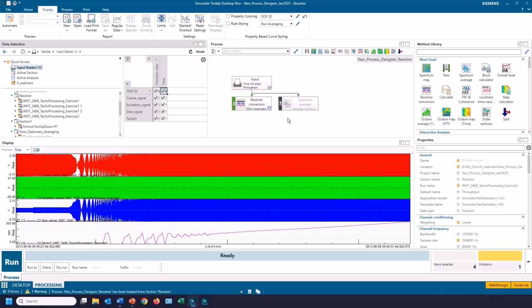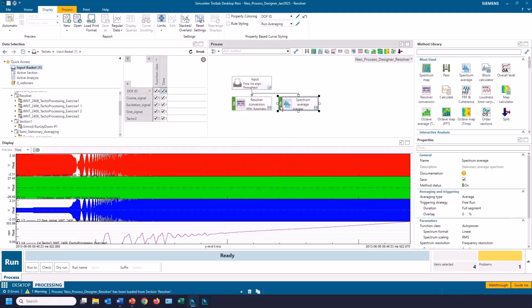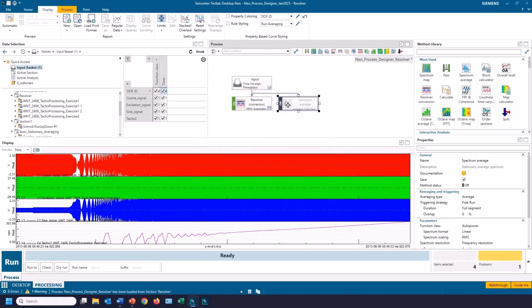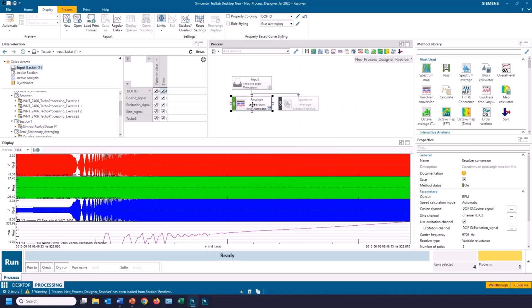If I wanted to check that, if I didn't know the carrier frequency, I could always run it through the spectrum average, look at the excitation signal, get its FFT, and then look at the frequency to see what it is. And then we can go to the resolver here.